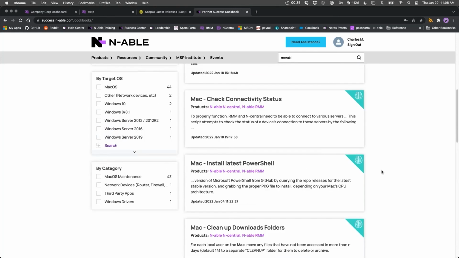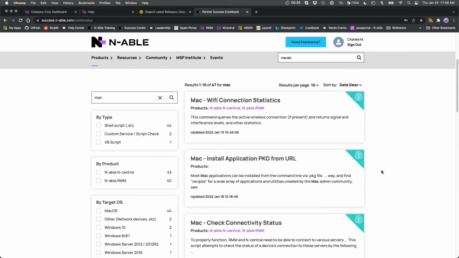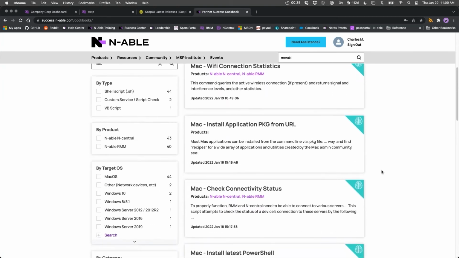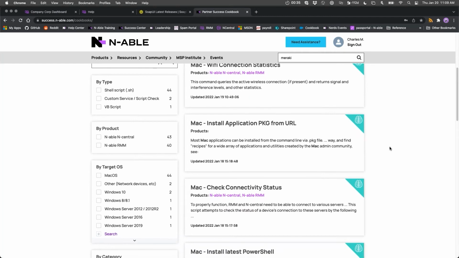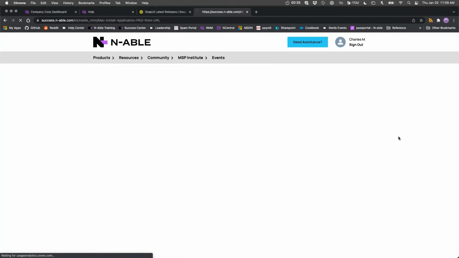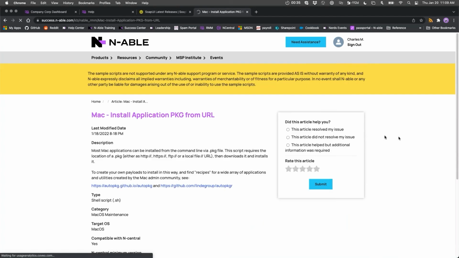or people that are just connecting to a lot of Macs and looking for information to help manage them. So two that I've put up recently that are of particular use. This one, the installing package from a URL. This is a handy script to have